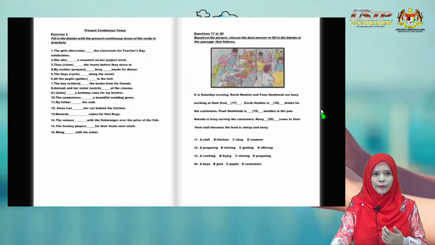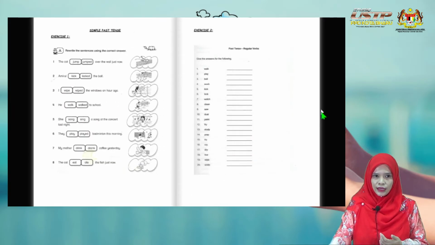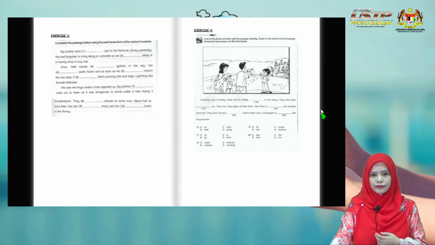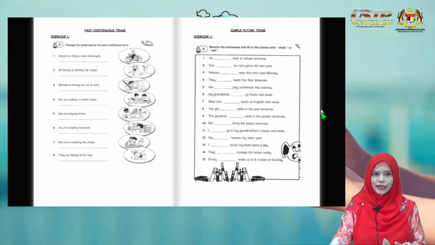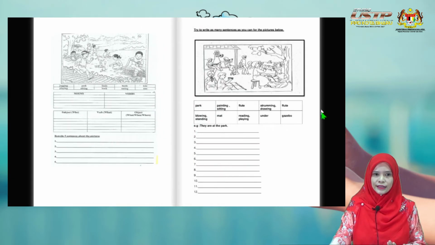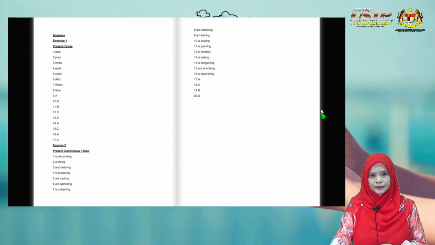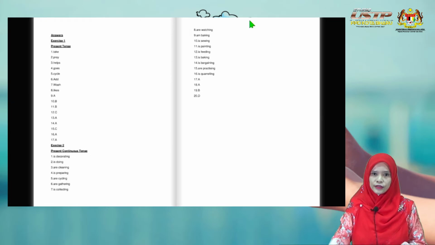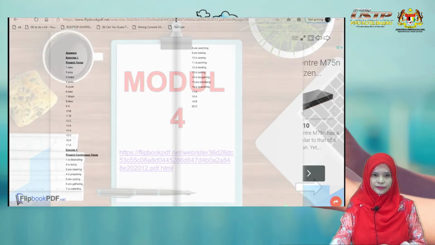Exercise 2 for present continuous tense. Exercise for simple past tense. Exercise for past continuous tense and simple future tense. And these are the Assessment of Learning, and we use the UPSR format for this exercise. And these are the answer clues. Alright,